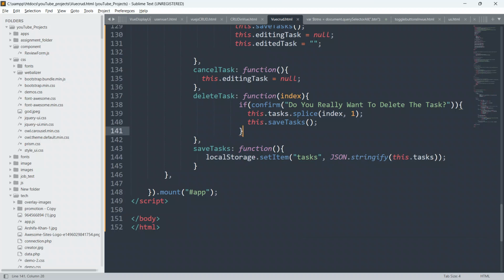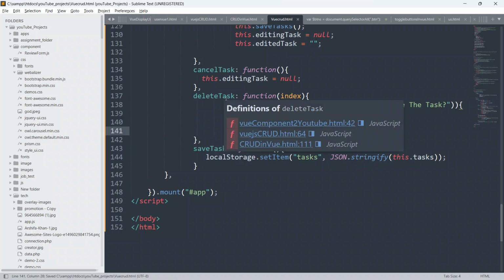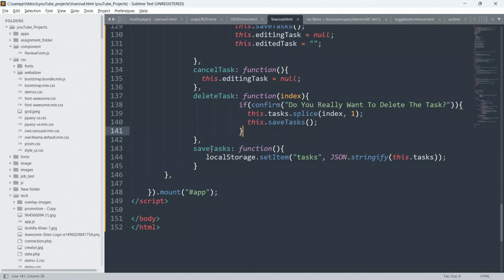Okay, so guys, whenever you are deleting a task, editing a task, or saving a task, we have to call this function saveTasks. Suppose in the task list we have 4 tasks and we have deleted 2 tasks. After deleting, we have to update the local storage. Previously we had 4 items in our task list, and now we will have 2 items only. So we have to update the local storage for the current number of tasks. Now we will have 2 tasks in our local storage.